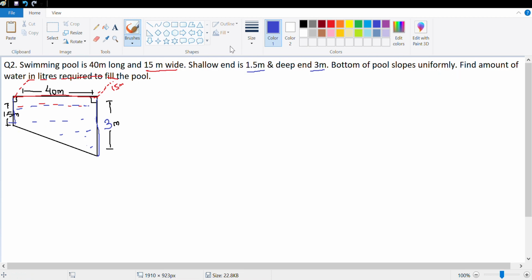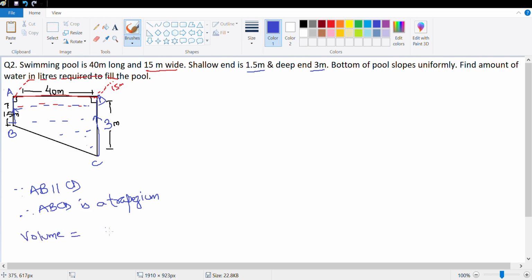Find amount of water in liters required to fill the pool, which means I need to find the volume of this. So again, I notice this is a uniform cross section, and the figure that I get is, let's call it A, B, C and D. A, B, C, D is in the shape of a trapezium since AB is parallel to CD. So since AB parallel to CD, therefore ABCD is a trapezium. Perfect. So volume will be equal to area of cross section